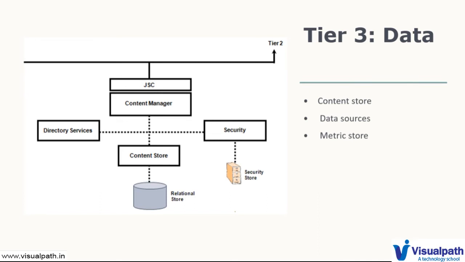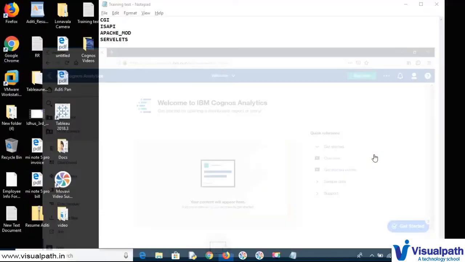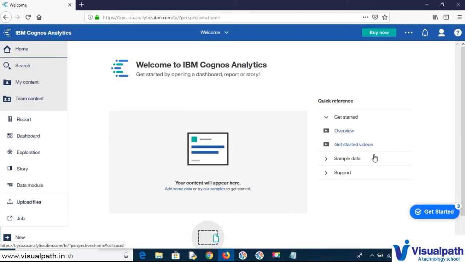That is the content store. Apart from that, suppose we have created a report. Whenever we create a report, XML for that report is generated, and that XML is stored in the content store.